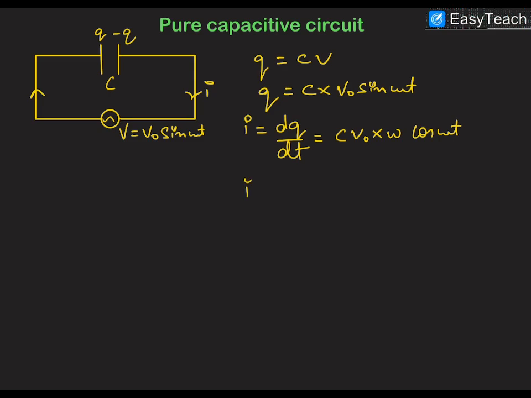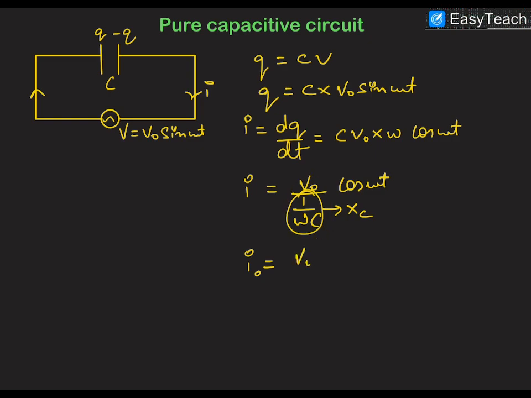So we can write down I as V naught upon 1 upon C omega, or omega C, and this is cos omega t. Now this term is Xc. If we compare these two terms, first of all, we can say that the complete term,